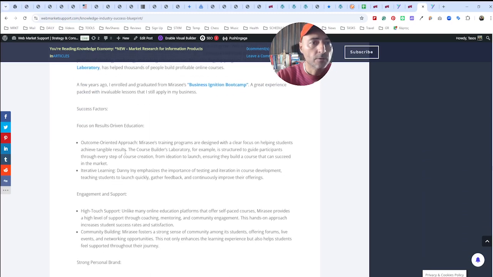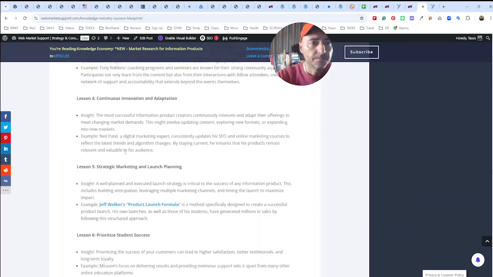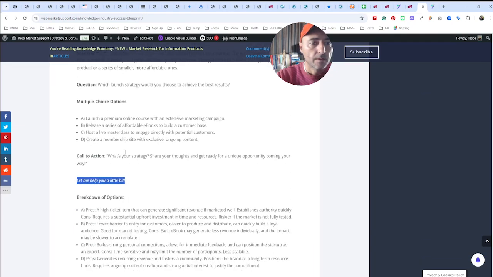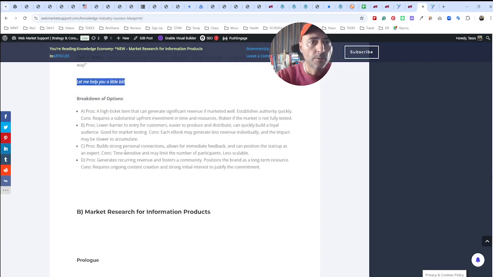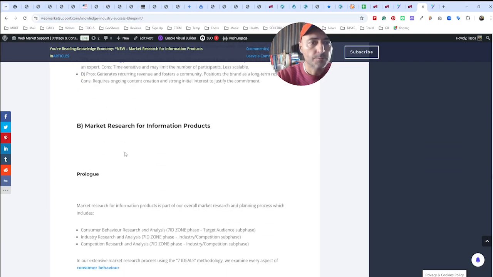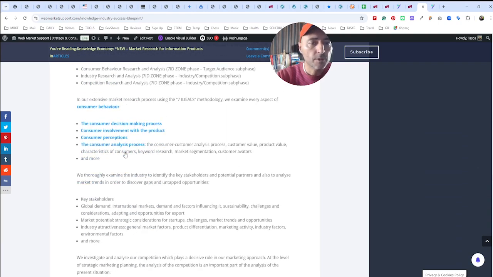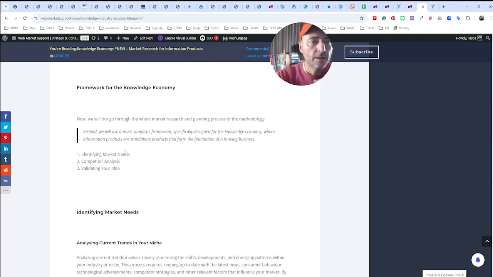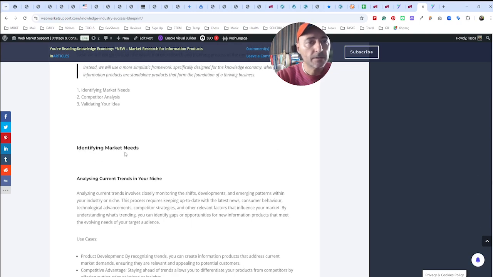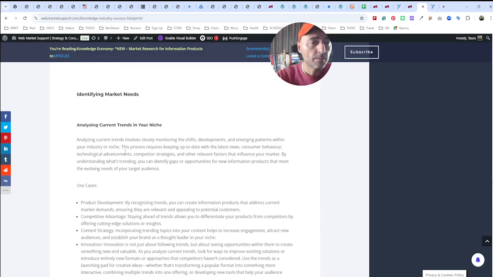And also there are case studies. So this problem will be moved to the workshops page. And market research for information products, there is a prologue and the framework: identifying market needs, competitor analysis, and validating your idea. Today's problem is focused on identifying market needs, and this section